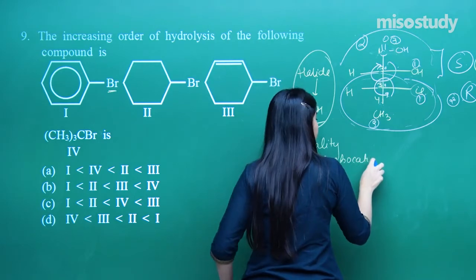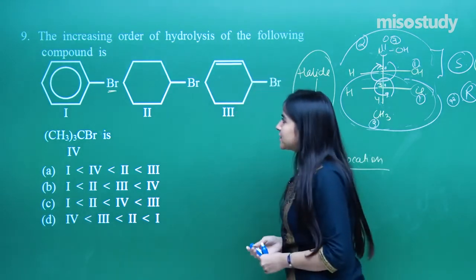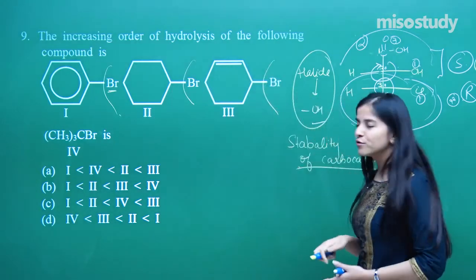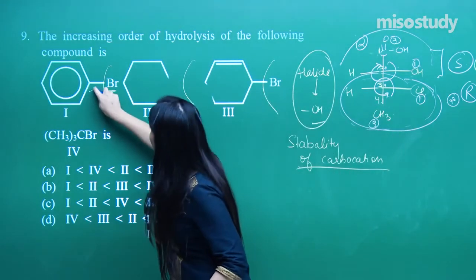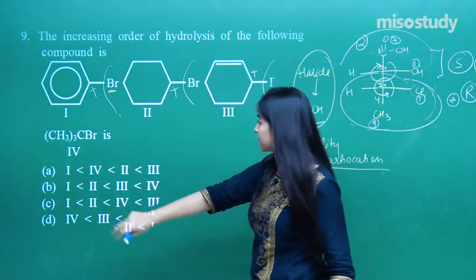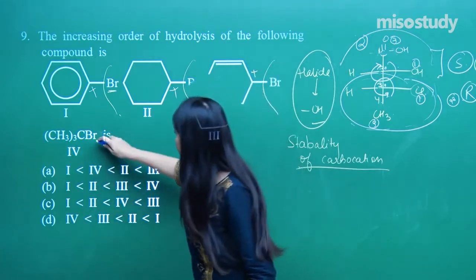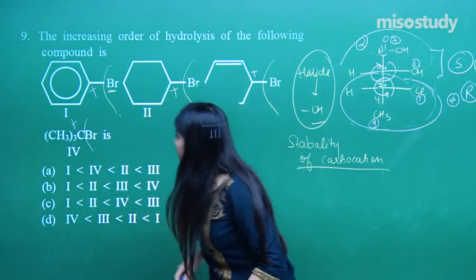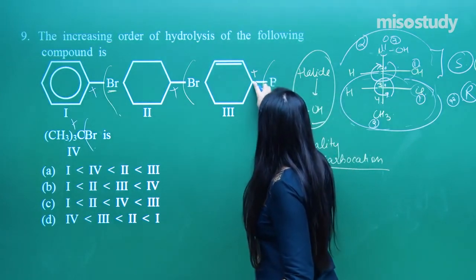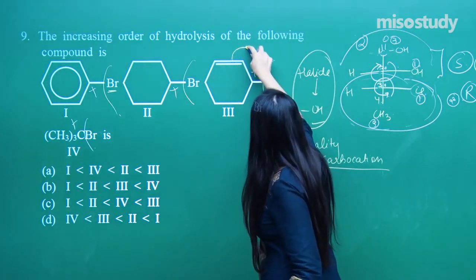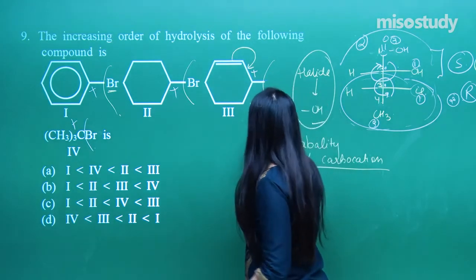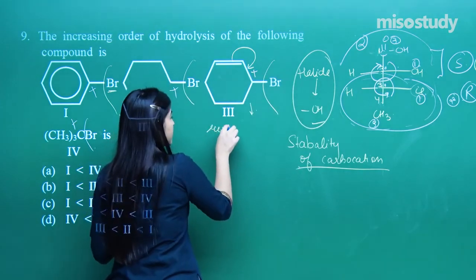Carbocation. That will be our approach. That means let us just remove it. Halide removal, halide removal, halide removal. Now I need to have a positive here and a positive here. And look here, I've got another option. Halide removal and a positive here. So what do I have? I've got this as, if you see it very carefully, a resonance stabilization in this carbocation. So there is the resonance stabilization.